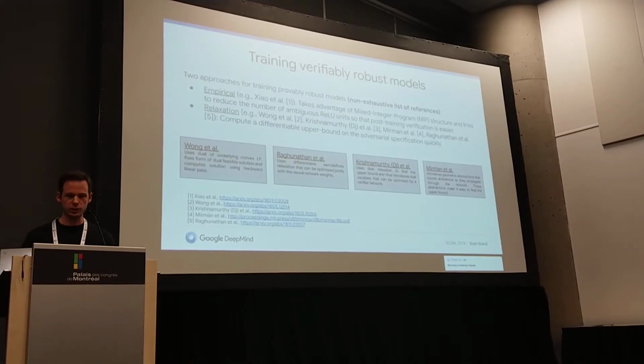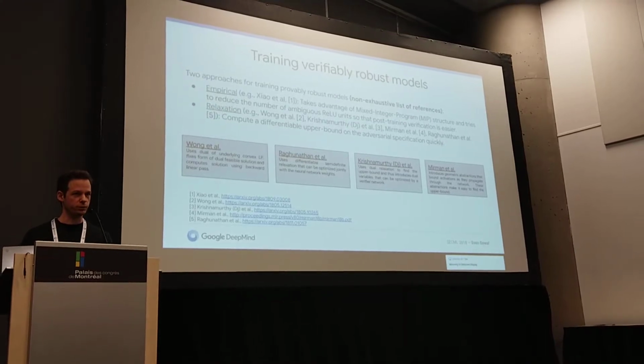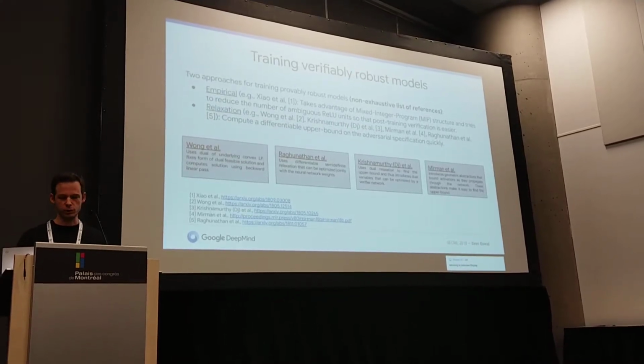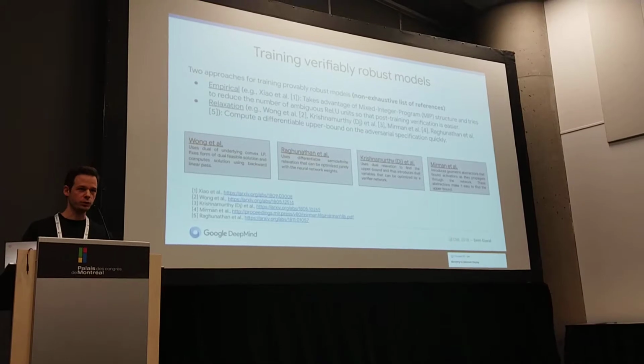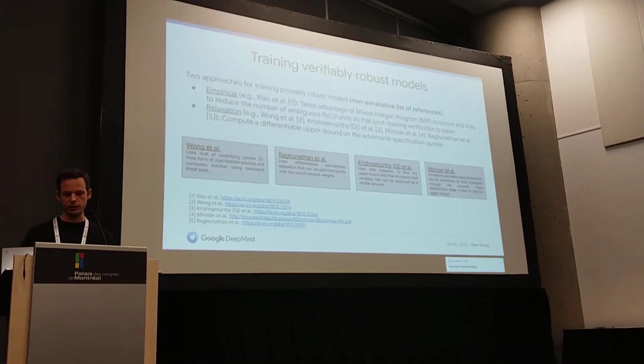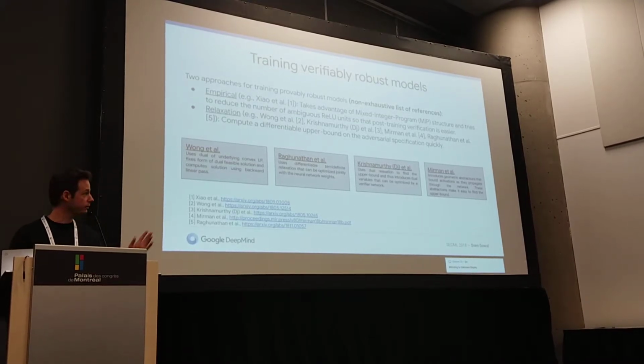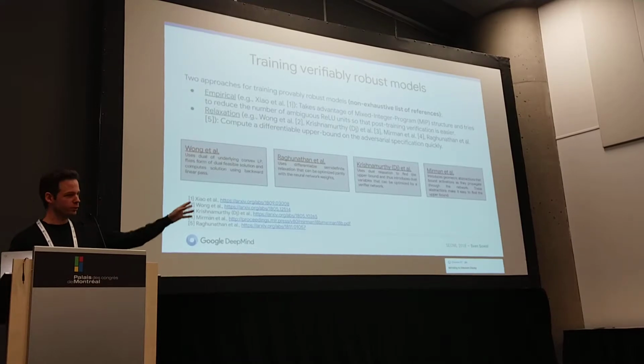The second set of approaches are the relaxation approaches, one of which was exemplified in the previous talk. And really this list is non-exhaustive, but the idea here is to compute a differentiable upper bound on that adversarial specification, and if you can compute that upper bound quickly, and it is differentiable, you can actually use it for training. And so just to highlight 4 of those, actually the 2 on the right side